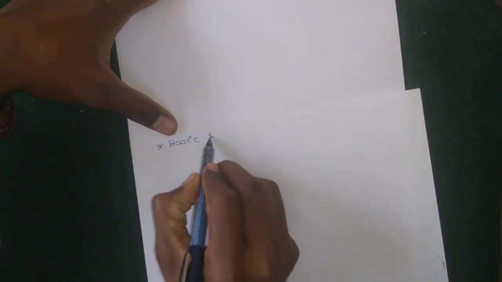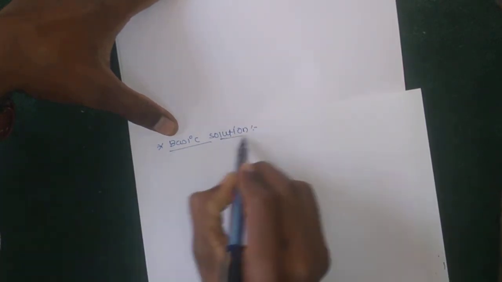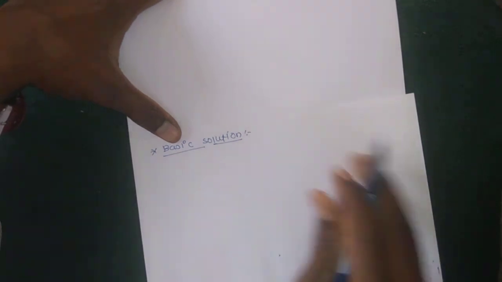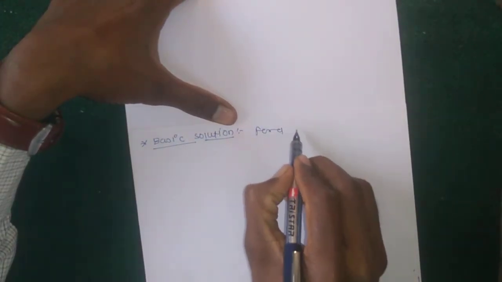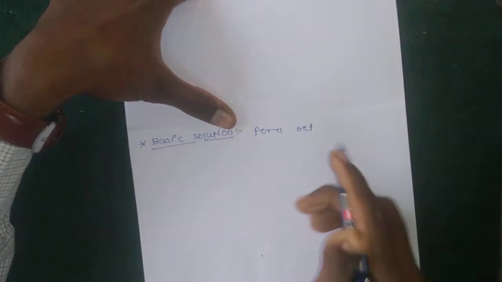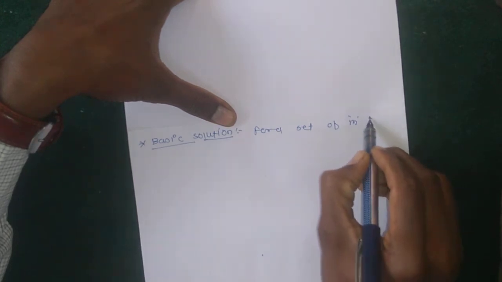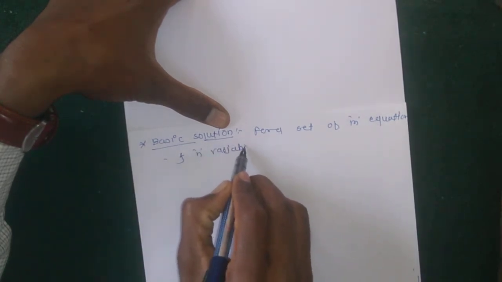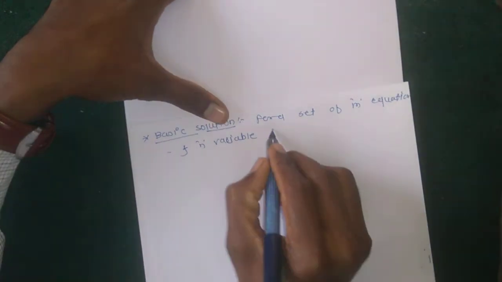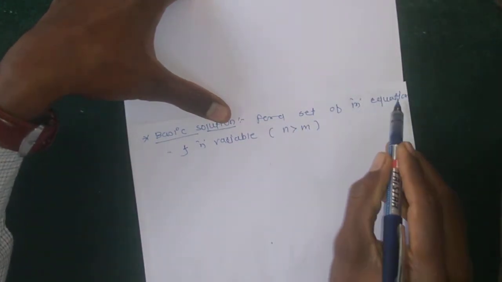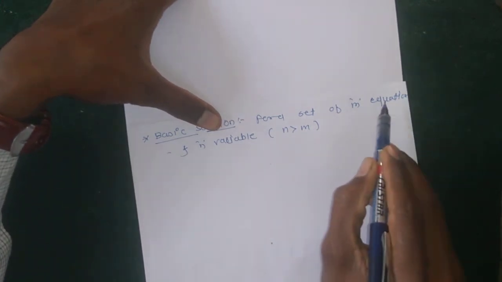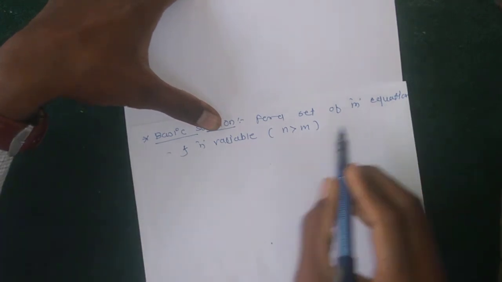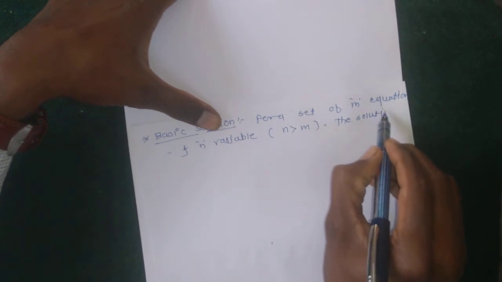Very simple topic is basic solution. Basic solution means, for a set of m equations and n variables, where n is greater than m, meaning the number of variables is greater than the number of equations, the solution obtained